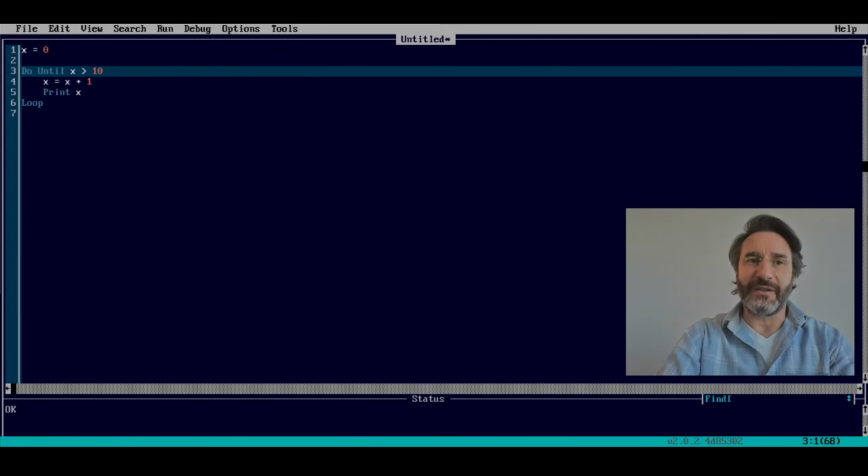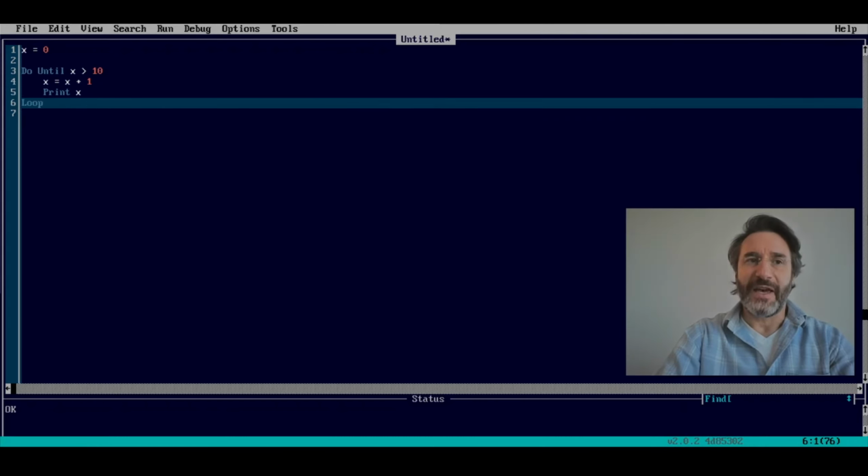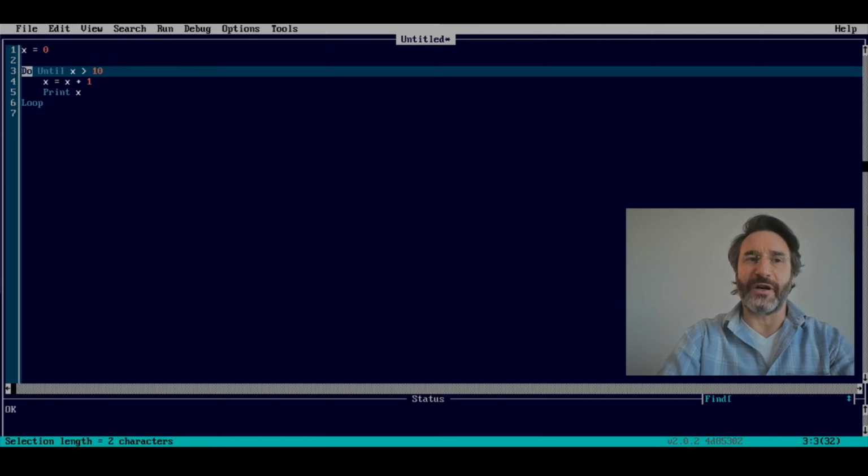So for x equals 0, it added 1 to x and printed it, and then it went back to the do until here, and now the value of x was 1, so until 1 is bigger than 10,